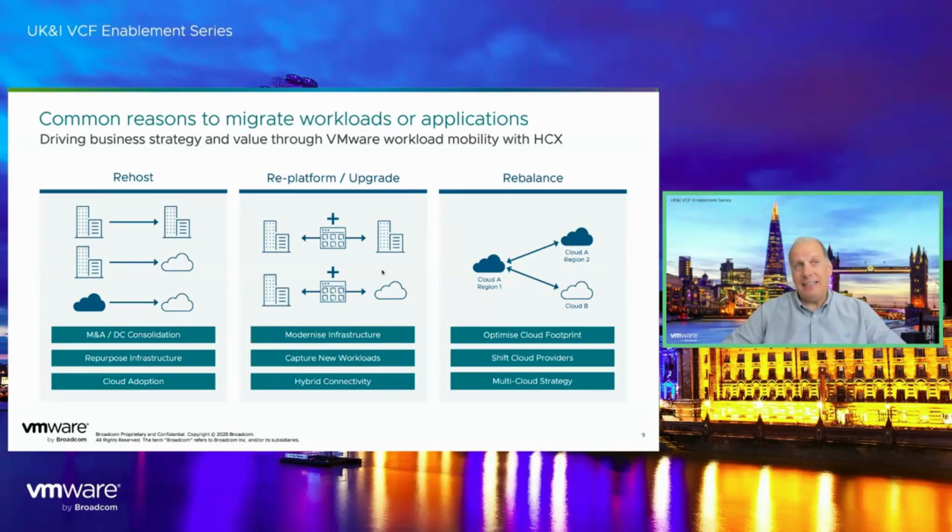HCX also helps with mergers and acquisitions, i.e. data center consolidation, if you're going down from 10 data centers to 6, or whatever the number is. If you want to repurpose infrastructure, whether you want to move to VMware Cloud on AWS, GCVE, AVS, Oracle VMware Cloud Engine, etc. If you want to modernize your infrastructure, if you want to capture new workloads